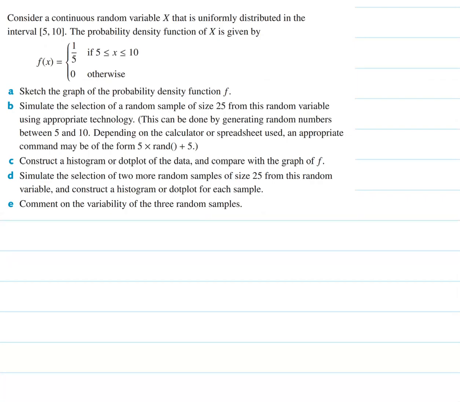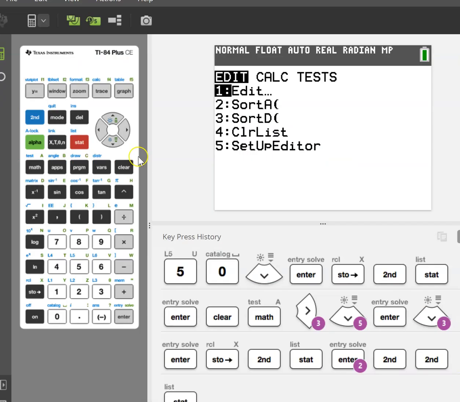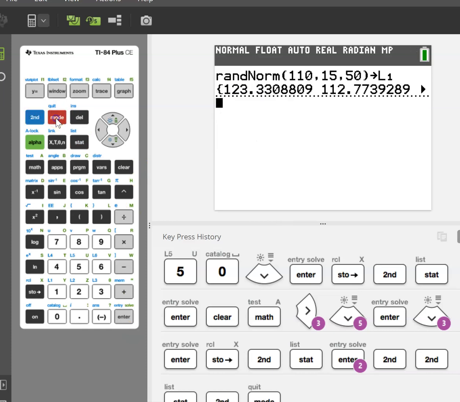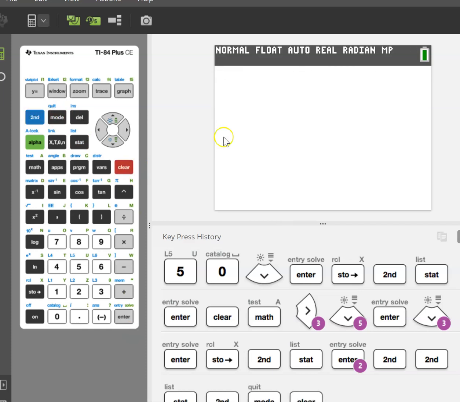Question B says, simulate the selection of a random sample of 25 from this random variable using appropriate technology, that being our graphics calculator. So I'm going to choose 25 numbers between 5 and 10 and see if this sample represents that rectangular shape that we saw from the whole population. So opening up my calculator, starting from the beginning,